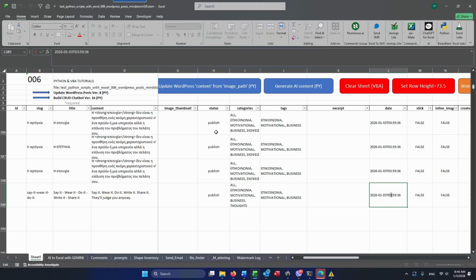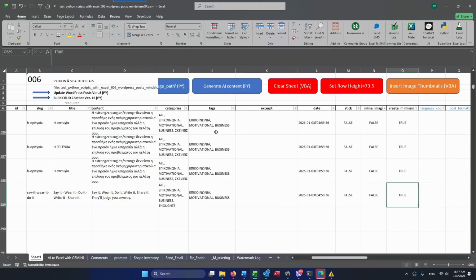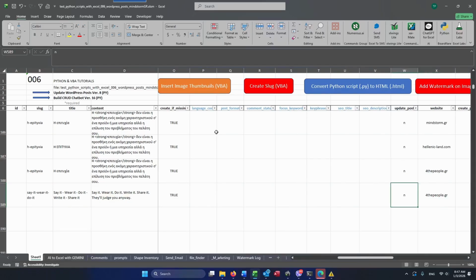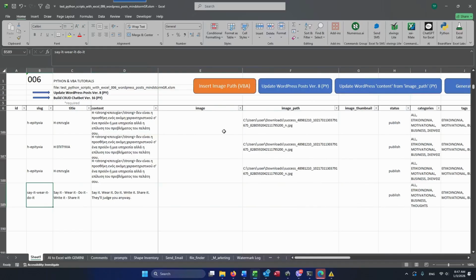Here I'm gonna change the date. So the date is today, which is January 3rd, 2026. We leave it false, true, and here I just want to add it to my, not to, sorry, okay, here, and this is gonna be added to website mindstorm.gr. In case we want to add this